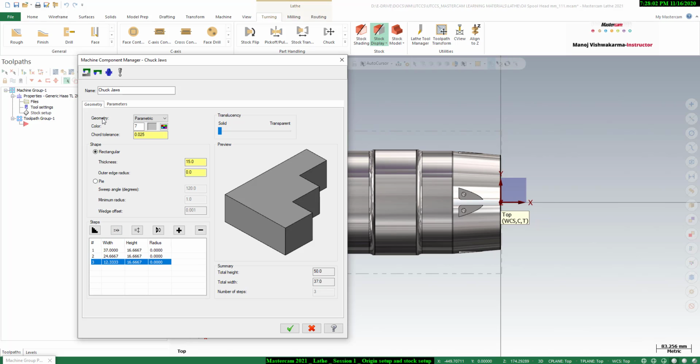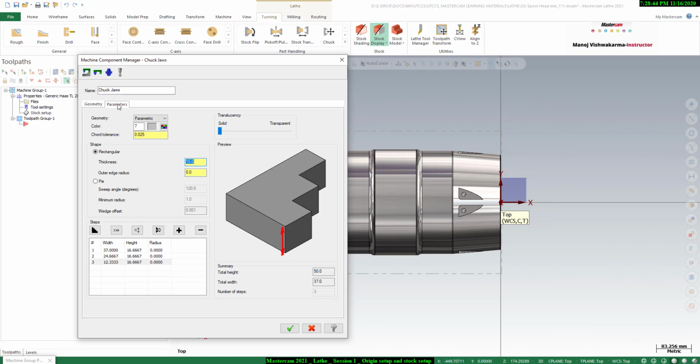So next you will get some more options here, that is geometry selection. If you have any 3D model of the jaw, you can select that from here. If you have a soft jaw, if you have a collet, you can define those things here. So that is also very easy. And the chain option is there. If you have to define a chain type of jaw, suppose you have a 2D geometry of your jaw, you can directly define that jaw by selecting this chain. So that's also very easy and very useful. Normally we use parametric and we define the rectangular jaw shapes and all.